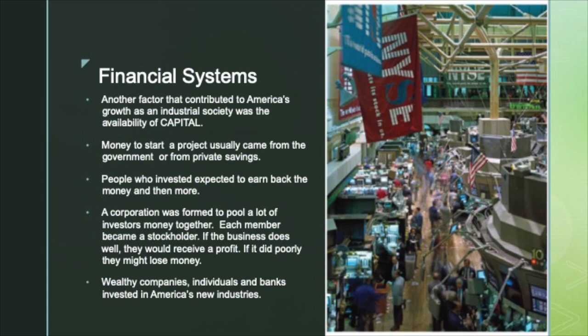So if the government or private investors were using their money in other companies, they would expect to earn some of their money back, or make a return on their investment. And these people would want to have a safe way to make more money. Now, the federal, state, and local governments supplied about $1 billion in gifts of land and money, but about $9 billion was still needed for the railroad companies to raise.